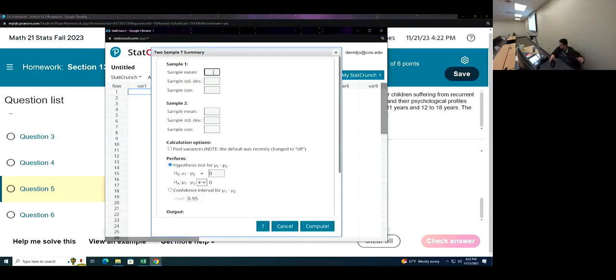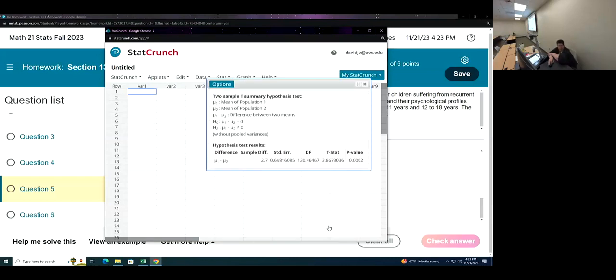So the control group had a sample mean 11.8. We need to use the standard deviation that we calculated, which was 4.6, and the sample size was 70. Then the RAP group had a mean of 9.1 and a standard deviation of 3.6 and a sample size of 70. And we got H naught and HA set the way we want. So we got a T-stat and a p-value